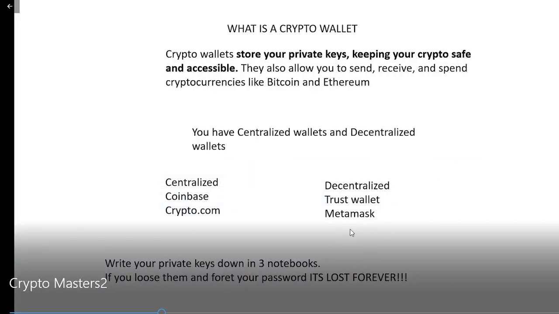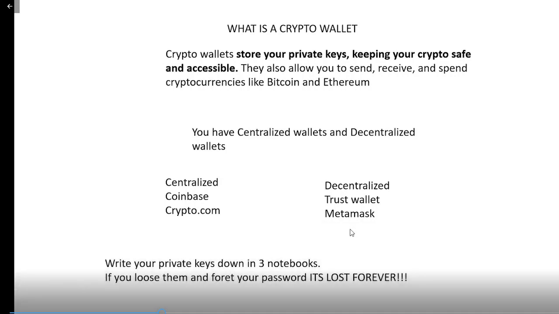The other one is called Trust Wallet. That one is downloadable to your phone, Android or iOS, and that is decentralized. There's no customer service or anything. So if you make any mistakes sending to that wallet, you cannot get your crypto back. That is why it's imperative when you're sending and receiving crypto that you always look at the first four and the last four of that address and verify before you send it, because once you send it, you can't get it back. That is something important that you must take hold of.